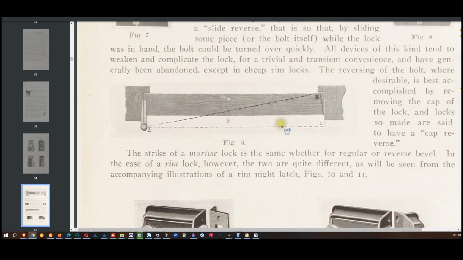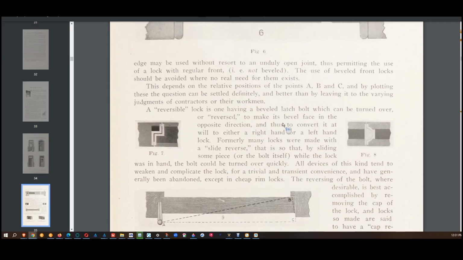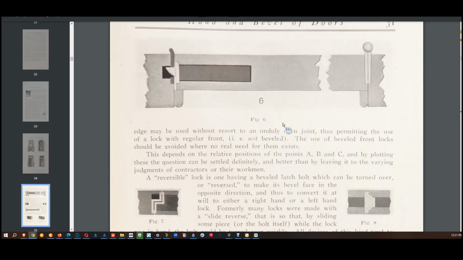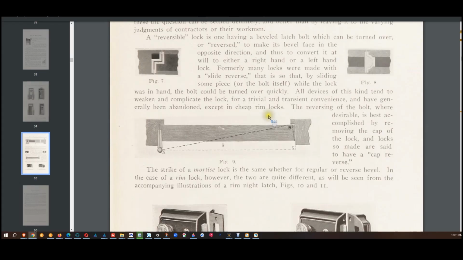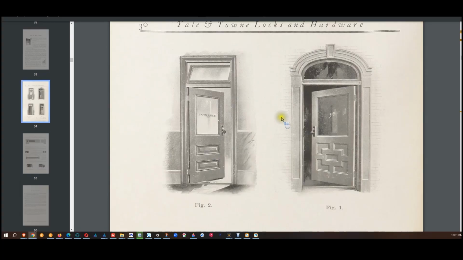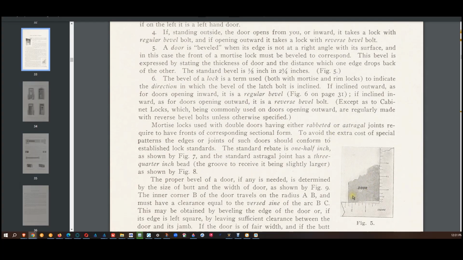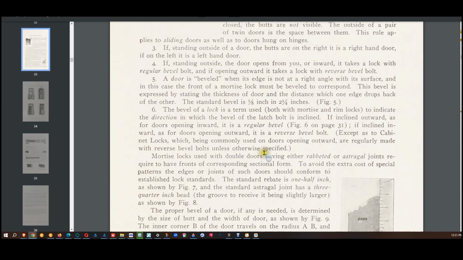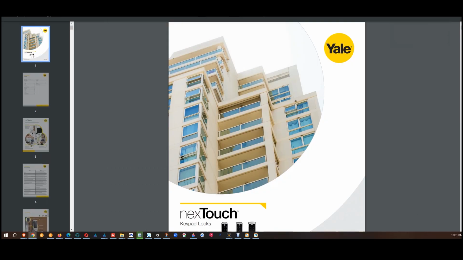Talking about bevel. And again, I won't do a deep dive into this because I know I won't come up for air until tomorrow if I start that right now. So I'm going to avoid that temptation. Anyway, we were just kind of talking about bevel and showing a catalog that really dives into it. I don't know of a modern catalog that dives into it like Yale did many years ago. Now, that modern catalog,